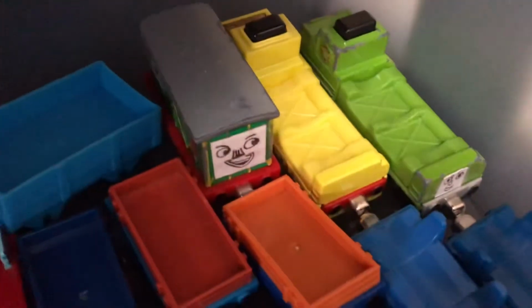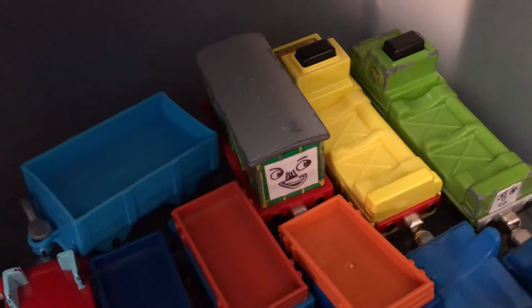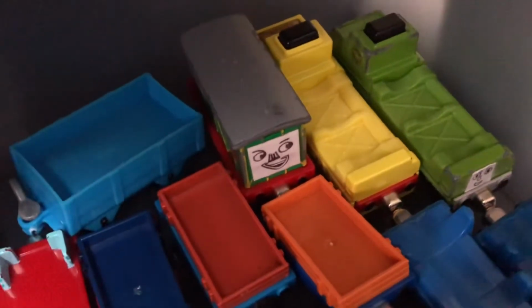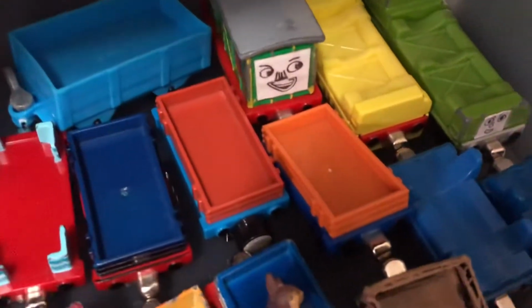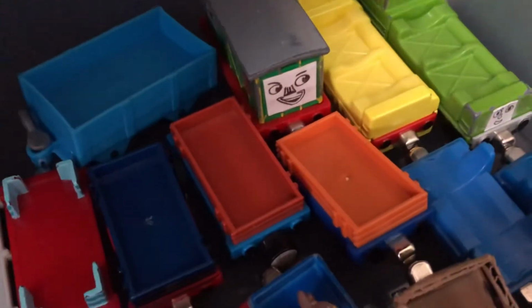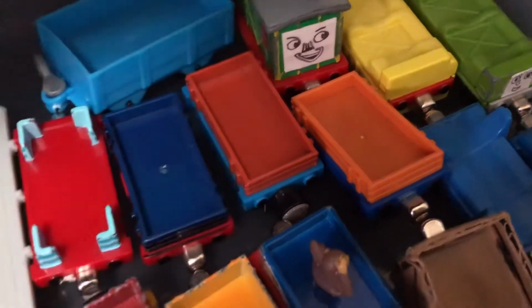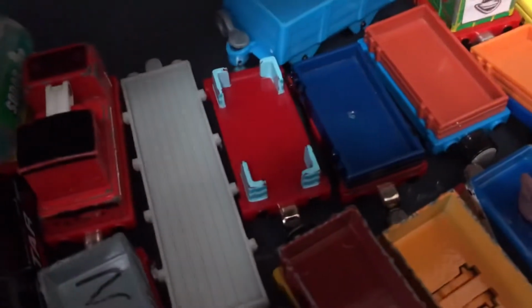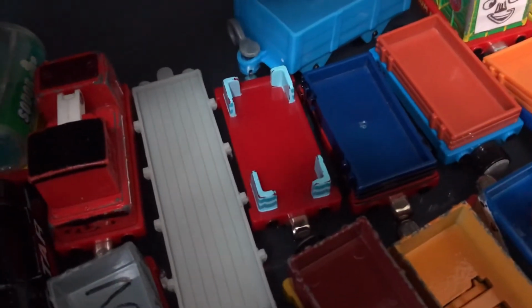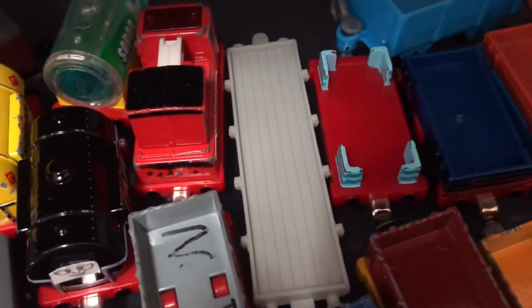A troublesome van, also known as the Dino Express van. I think that's what it was called when it came with the Renaissance and Dinosaur pack. I don't know. Here are 2 orange and blue conflats, a blue and red conflat, a red Sodor shipping cargo car, or one of the aquarium cars, an Erdl Henry's log car,